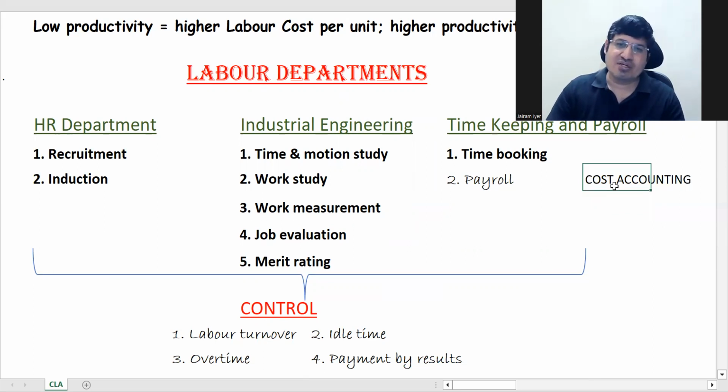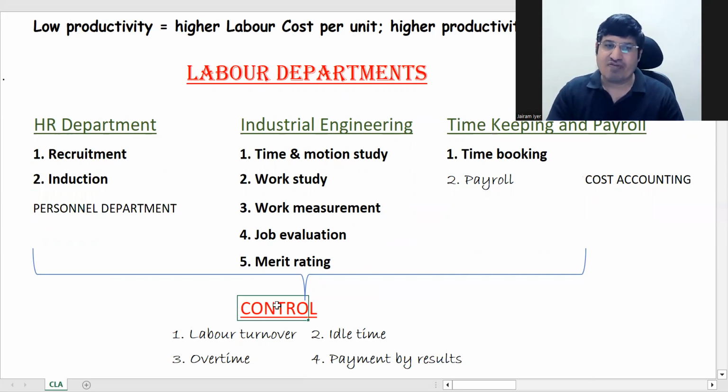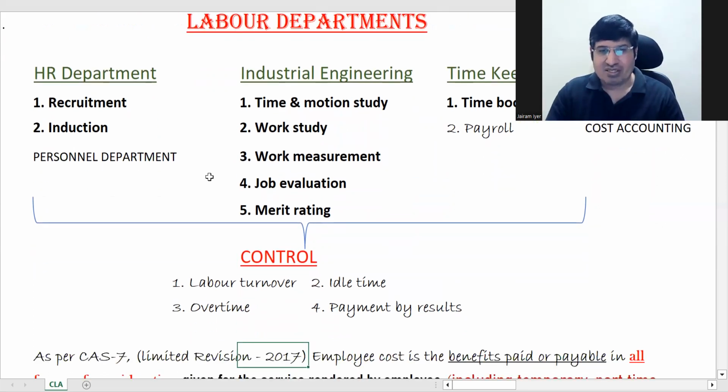All these departments come together. If there is a personnel department, then it will also be included. All these come together for control of labor cost. It's not the job of any one department. So in labor cost